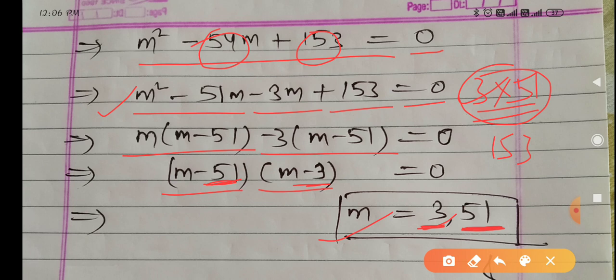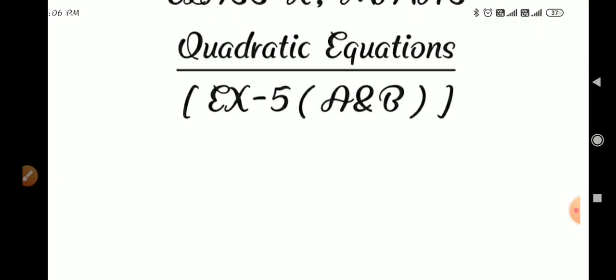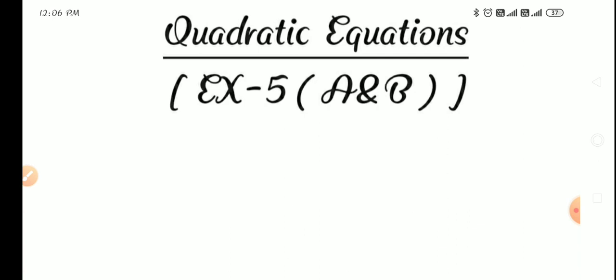Only 4-5 questions are there in the 5b exercise also. So these were the questions of 5a and 5b. One more time, I told you the concept of both the exercises, and I took some questions from exercises 5a and 5b. Very few questions are remaining in the exercises. You can do these questions very easily.